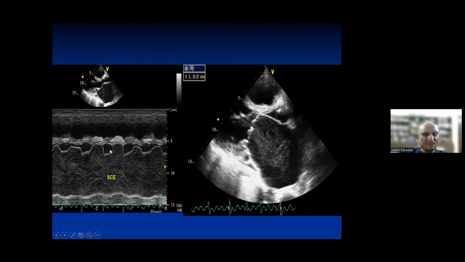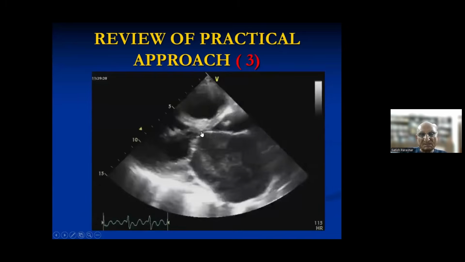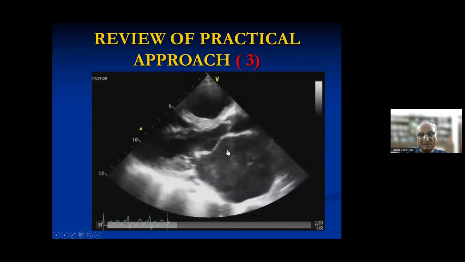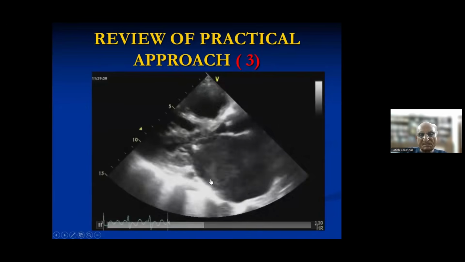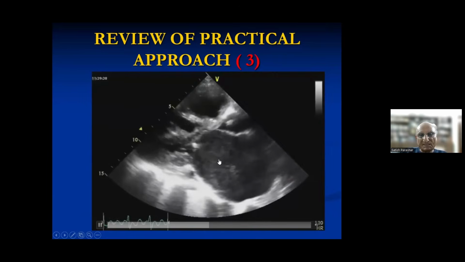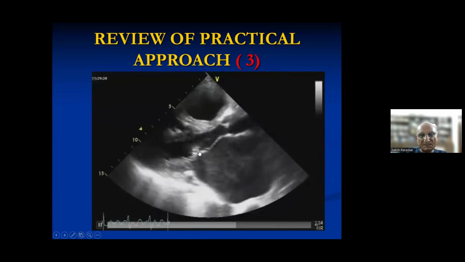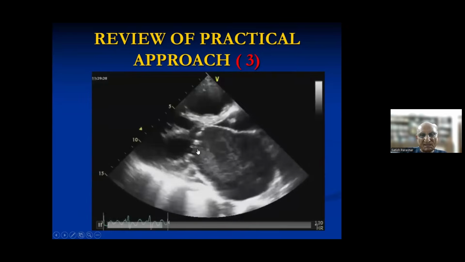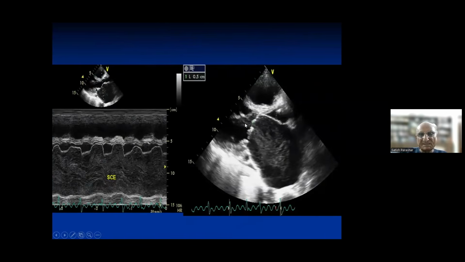Now here you see there was a spontaneous contrast echo. So we got it just out of clinical interest. Here you see the opening of the mitral valve, separation index only 5. So what you see in a parasternal long axis view is for any LV. So what you see here is any clot in the LA, what is the type of the mitral leaflet, and what is the separation index. So three things you see in this view.